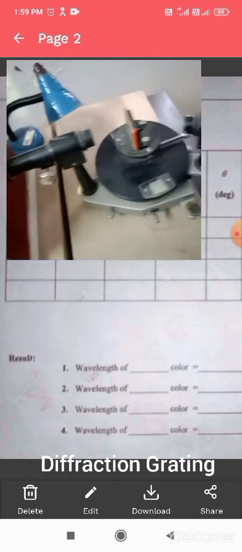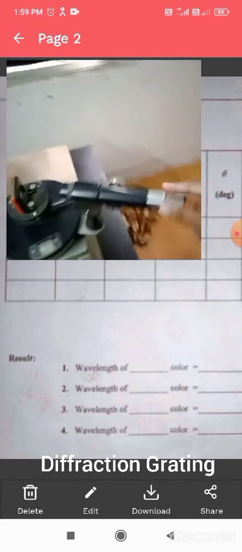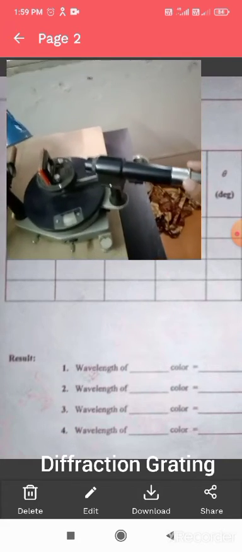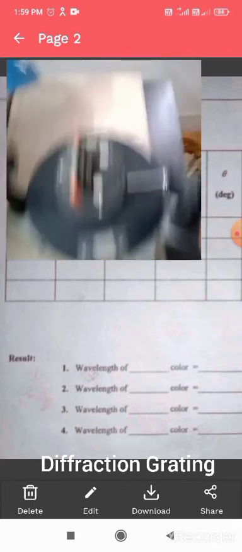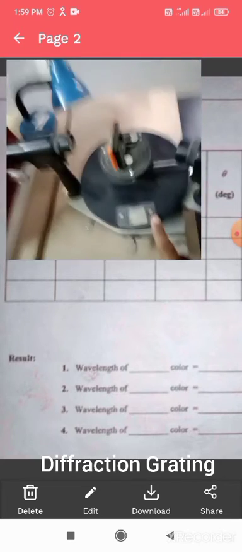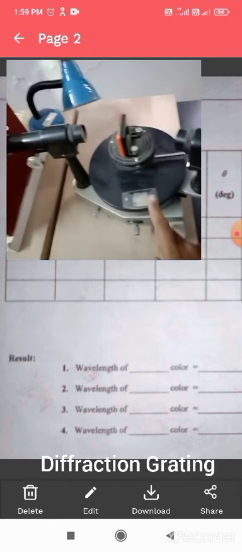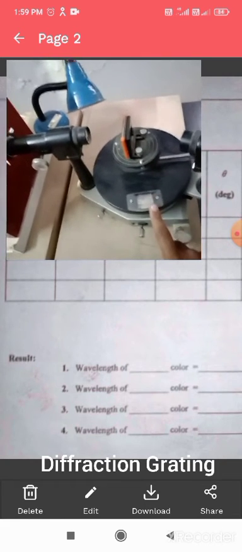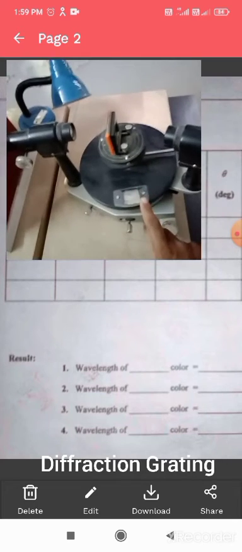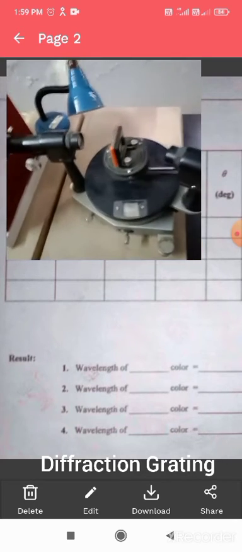Then this is the telescope. By using this one we can observe the different colors. Then this is window 1 and here window 2. Throughout the experiment you have to take reading only from one window. Already I have shown you how to calculate the least count. The formula for total reading is MSR plus VSR into LC. Now suppose the cross wire is coincided on the violet color.